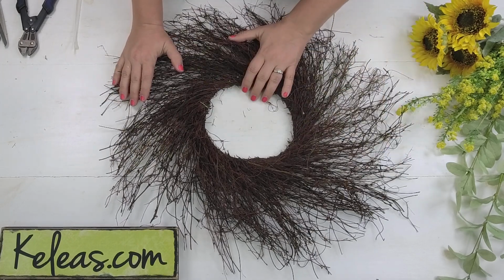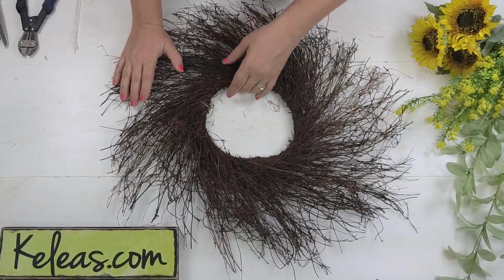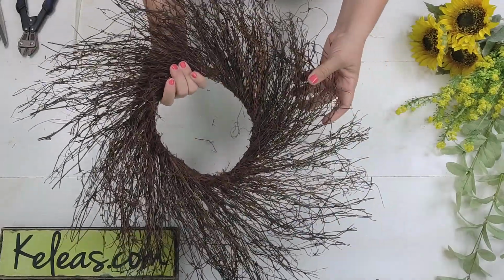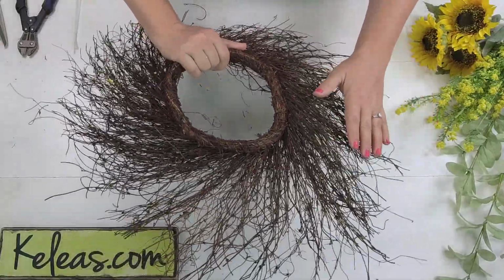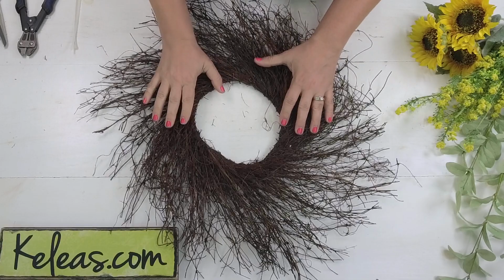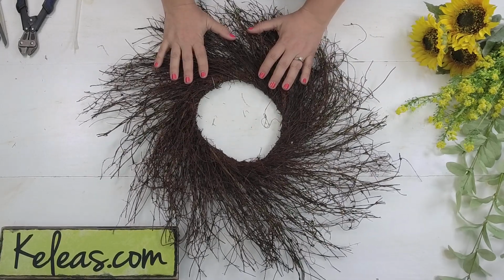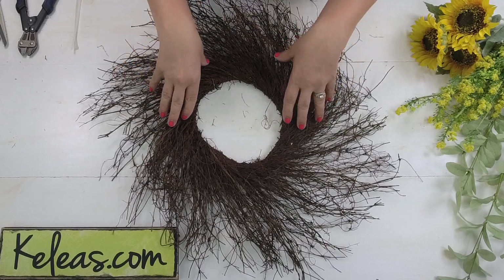And one of the things of course we love to make is wreaths, and when you are working with this type of base here, it's kind of like a starburst, they can be grapevine. This is actually angel vine, so it's nice and lightweight and very forgiving, but sometimes these are a little bit intimidating to work with, so we're going to do a really simple project to show you how to work with